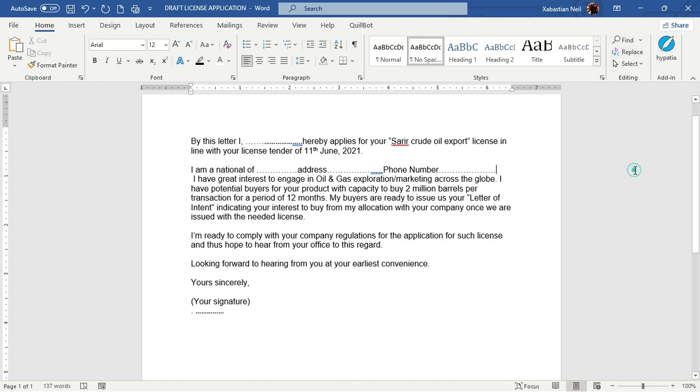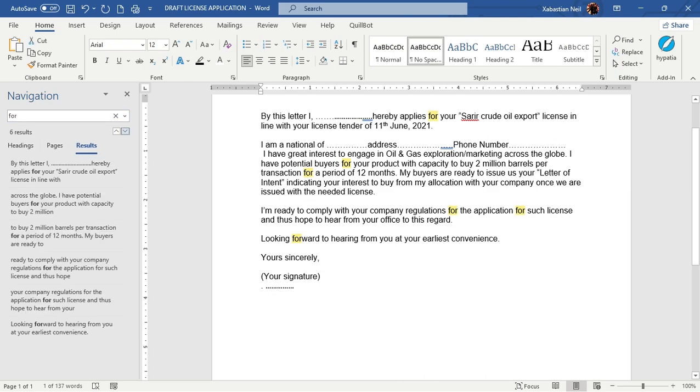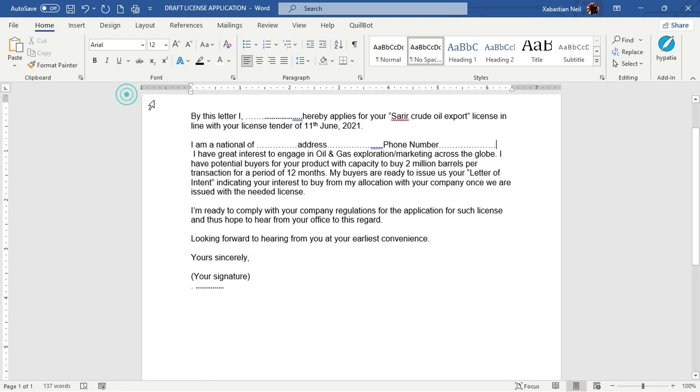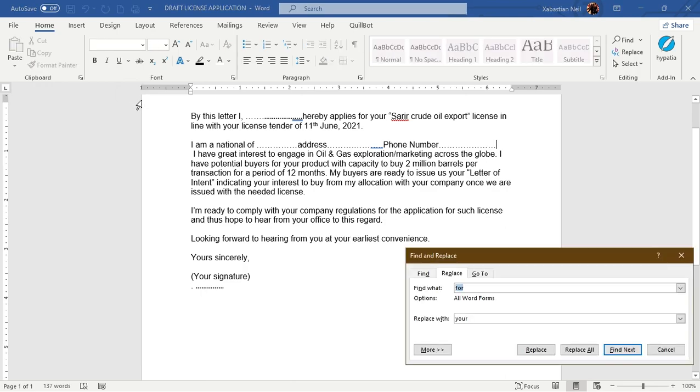So I'm gonna show it to you again by using only shortcut keys. Let's type in Ctrl plus F, and let's say I'm gonna search for "for", hit enter, and you can see that there are 6 "for". What I'm gonna do next is Ctrl plus F again. You can search for pages, headlines, whatever you want. Now let's type in Ctrl plus H, and you can see as this is found, what I'm gonna do is, let's say, type in whichever one you want. Let's say I'm gonna type in "you",